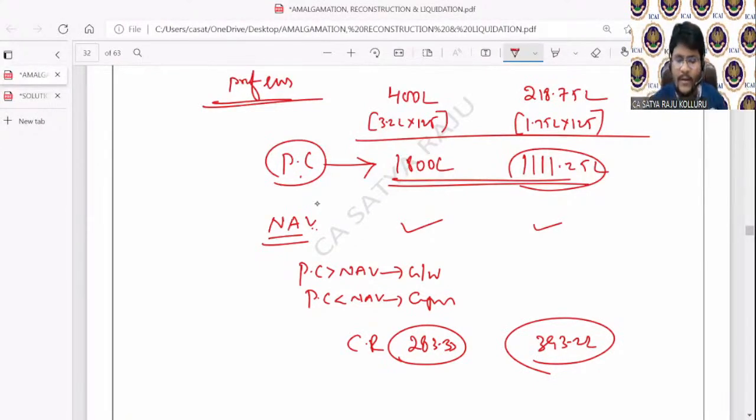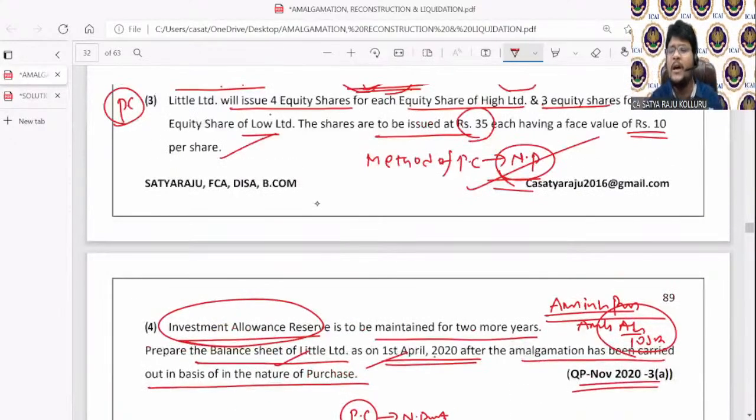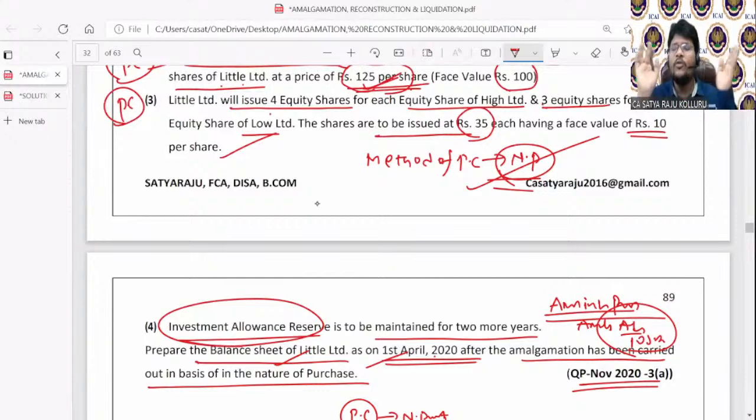Now, all of you, please concentrate on how to draft the balance sheet. Sir, whenever they ask in the question or in the examination, you need to prepare the balance sheet. Don't directly put the balance sheet, because before preparing it, you should be ready with your figures, like how much purchase consideration I am paying, in the form of equity shares how much, in the form of preference shares how much, and whether it is goodwill or capital reserve which is going to arise. Keep such things in your mind, then you can start the balance sheet.